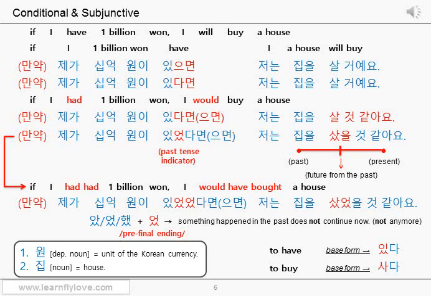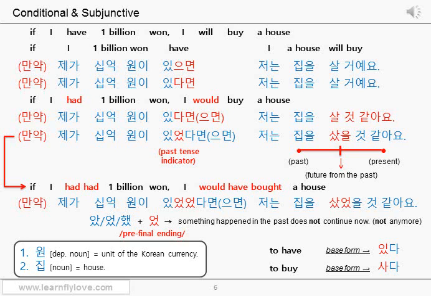It can emphasize that this was really past and provide a nuance that you recollect something happened in the past which cannot be true anymore. But you should know that the pre-final ending is different from the English past participle or past perfect. The pre-final ending is normally used to indicate something happened in the past is not happening anymore, or something which is different now compared to the past. Okay? Please don't mix up.